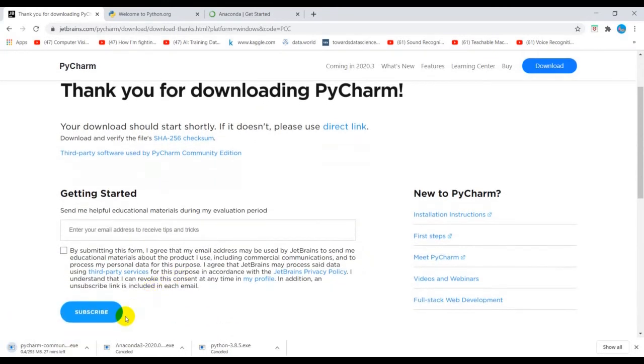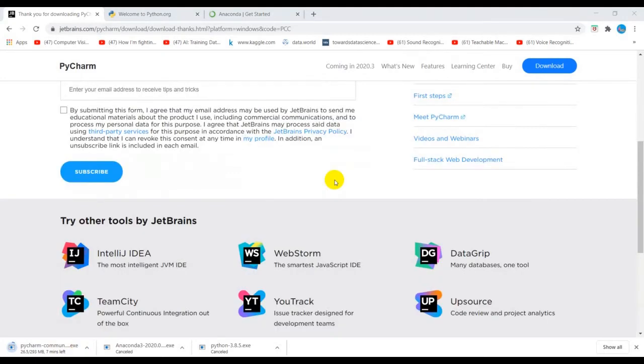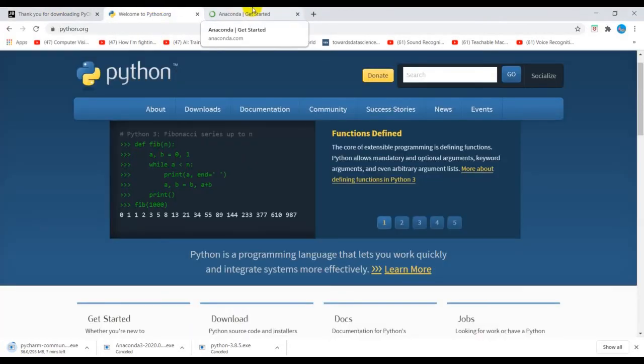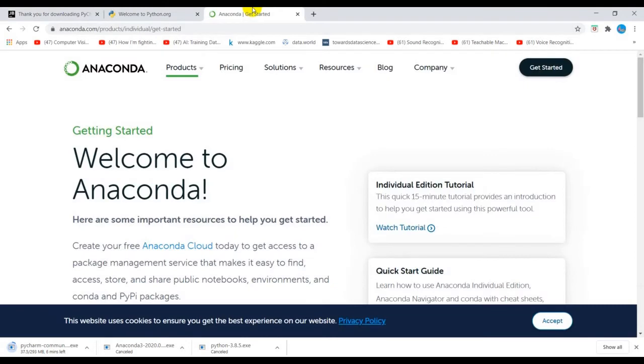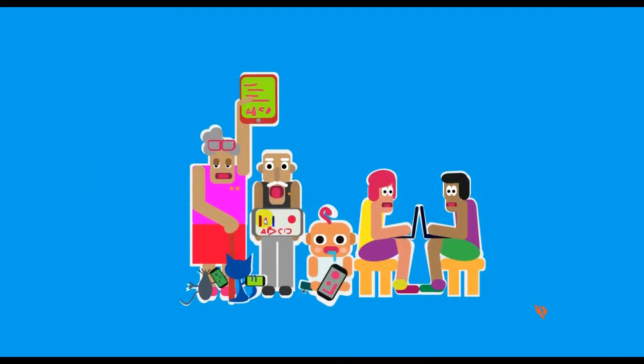Okay, so PyCharm is going to get downloaded. While we wait for it to download, you'd have to install Python first before we use PyCharm. I think PyCharm wouldn't run without a Python program installed. So let's go straight to it. Once I'm done, I already have Anaconda, so I'm going to